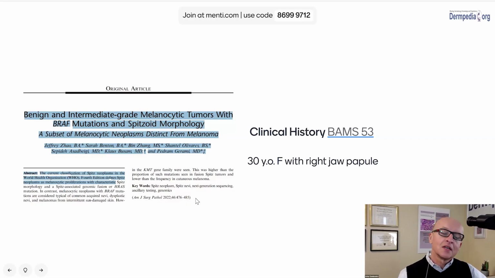process. First we really got pretty good in terms of recognizing lesions with fusions, but then we realized there are also lesions that are spitzoid, but they're not actually Spitz tumors genetically, and that paper addresses that issue to some degree. So the first case I want to share with you today is that one, and we'll be just exploring